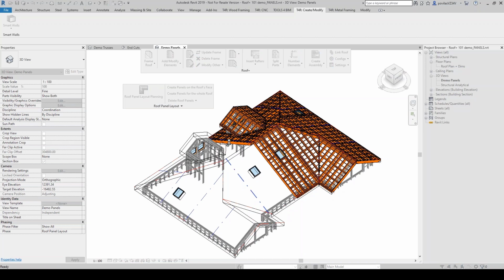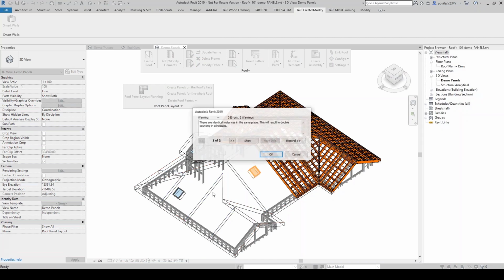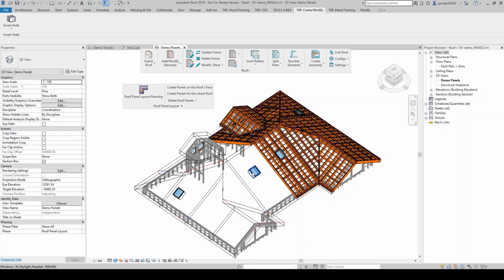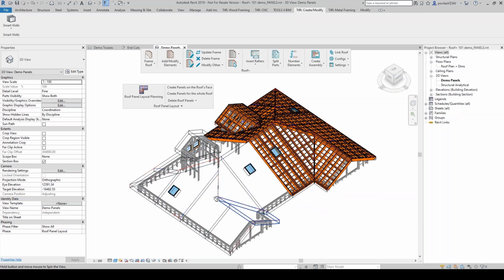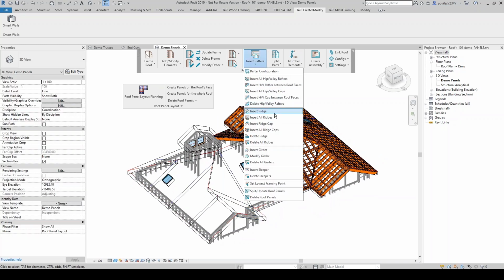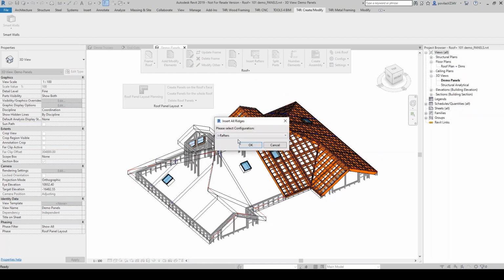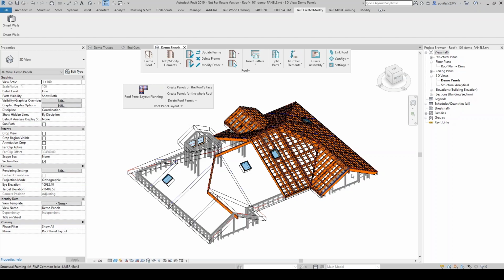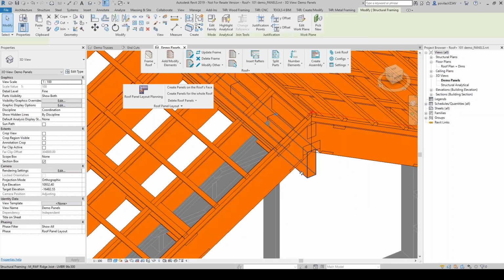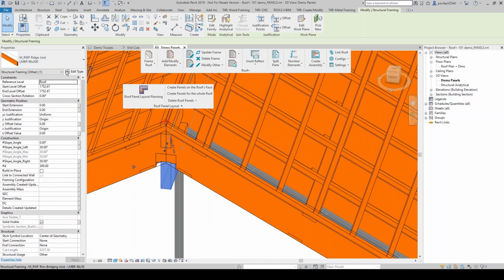Panels should be created according to the layout lines. This is just telling me that the windows are duplicated. Okay, and the panels are in place. Okay, so let's insert all ridges and see how it works. Okay, if I select correct configuration, and those ridges can be changed. The size of those ridges can be changed if I select the ridge, and then just like a normal Revit family,